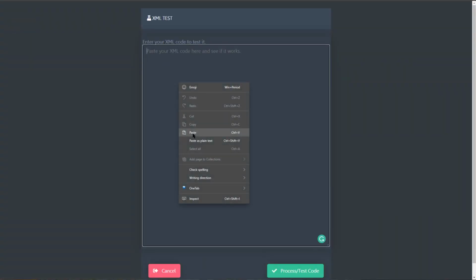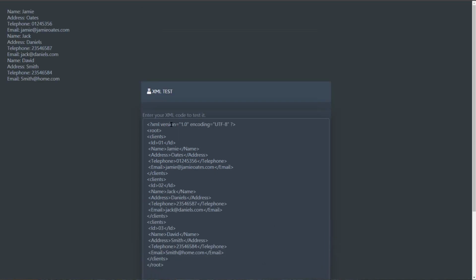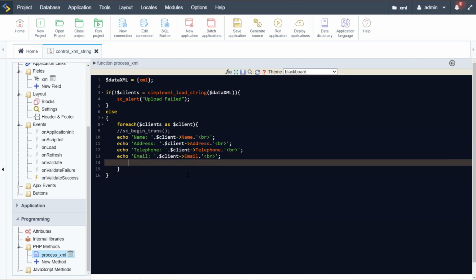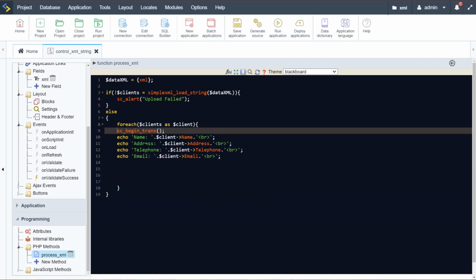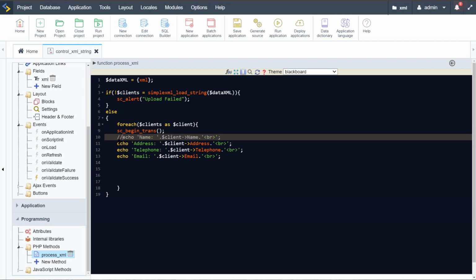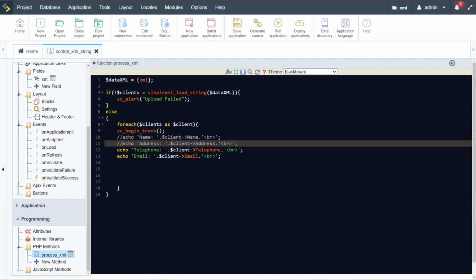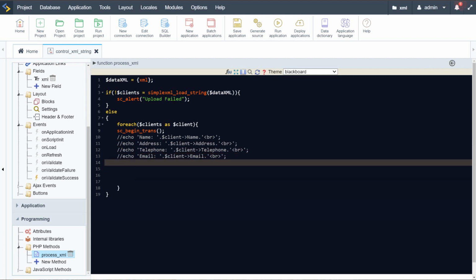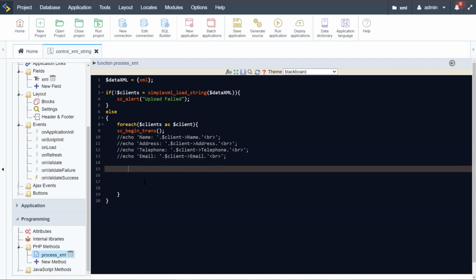Okay, so we paste here our code and process the test. We can then see the outcome being echoed within our form. Okay, so now let's go ahead and change this. So instead of actually just displaying it within our page, we're going to create this transaction that we had started here and insert that into our database. So if I go ahead and comment these echoes out, and then here we're going to define our variables. And let me just copy this here, client, and then we need to define again, name